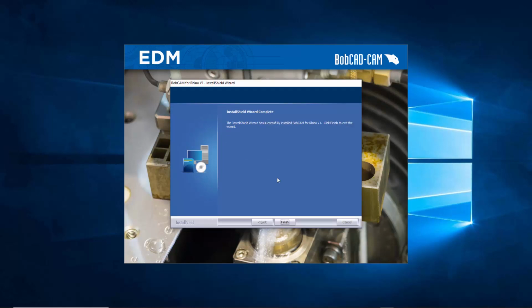And then when it finally finishes installing, all we have to do is hit finish right there.